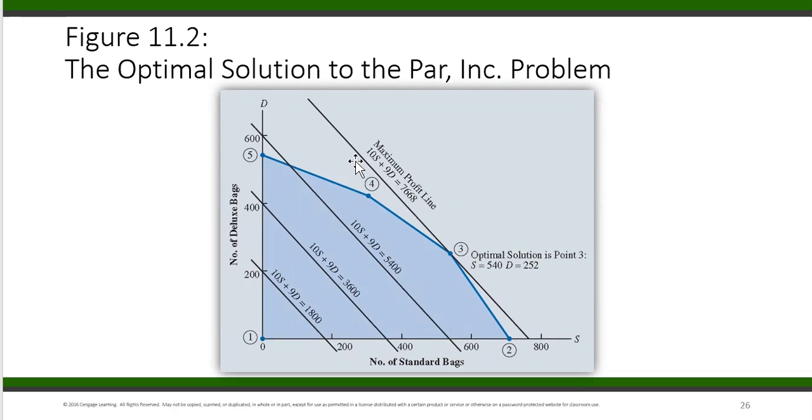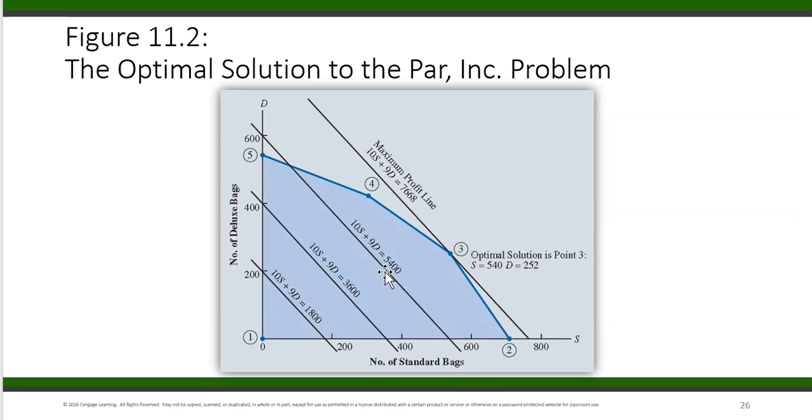If you take 10s plus 9d equal to a constant number, that would give you the equation for a line again. So it's going to be a line. You can just put an arbitrary number. So let's say 5,400 and draw the line. Any point on this line, as long as it's within the feasible region, as long as it's in the blue region, so we don't care about this part, any S and D on this line, if you take any of those, the value of objective function is going to be